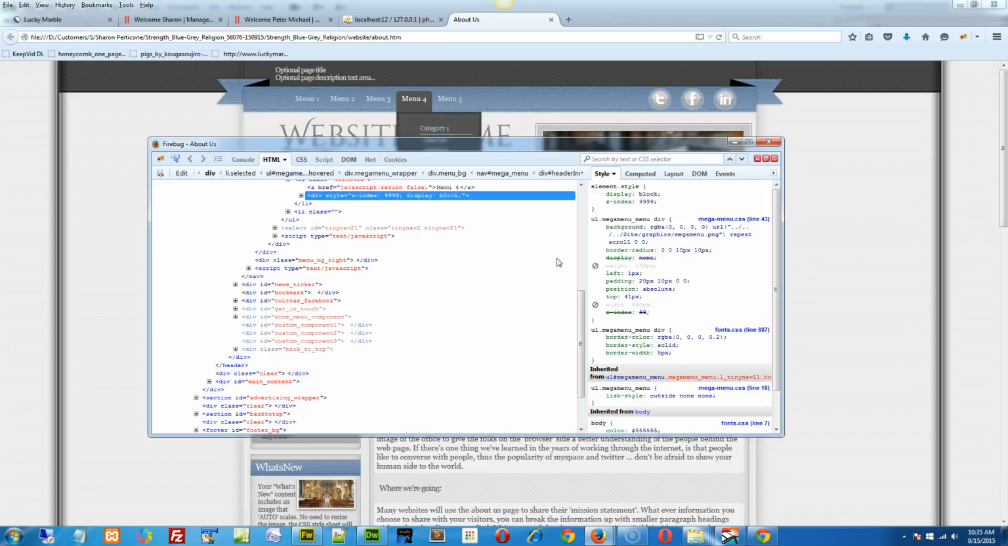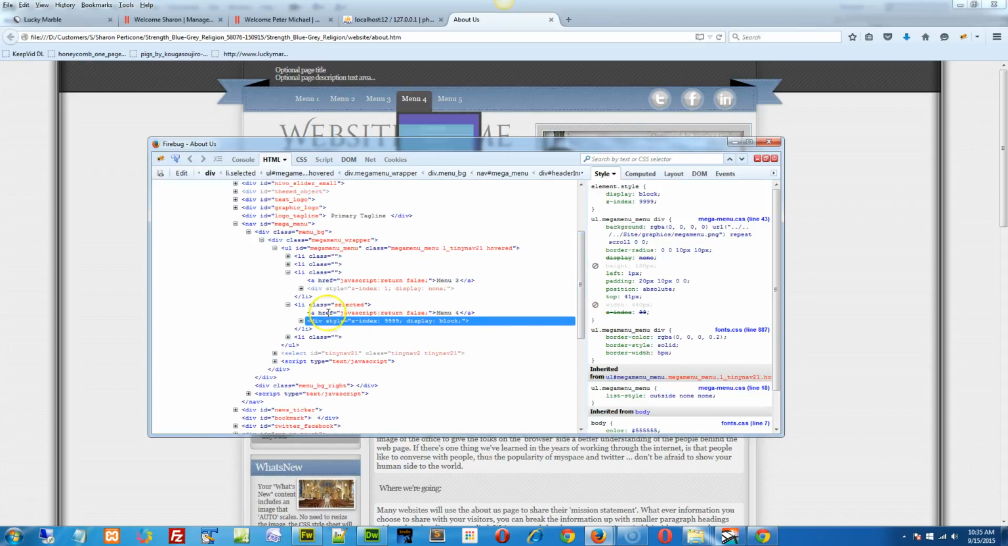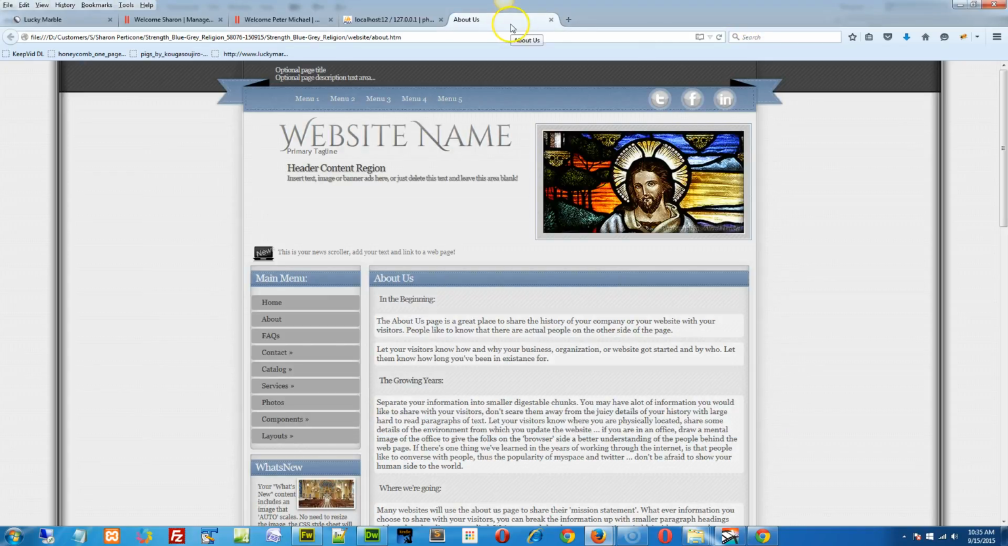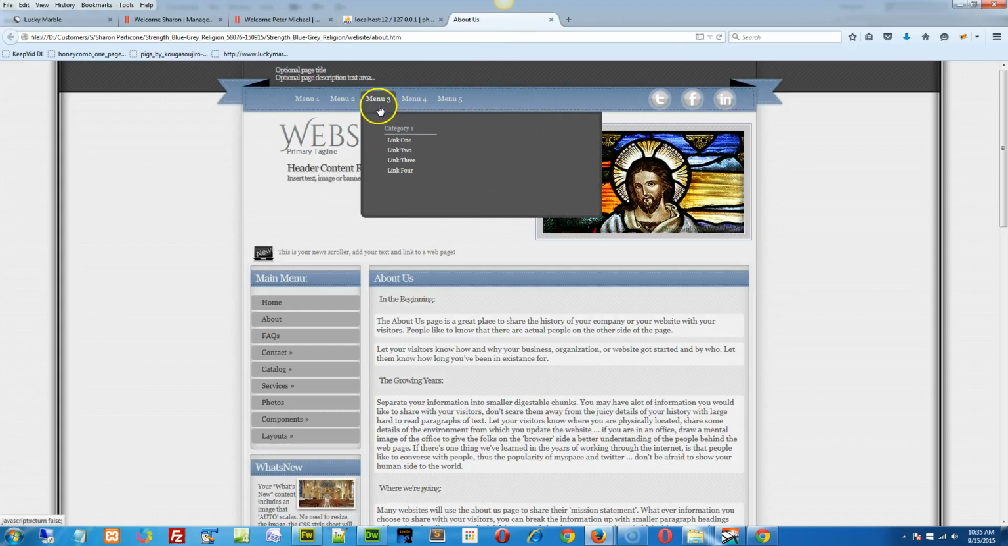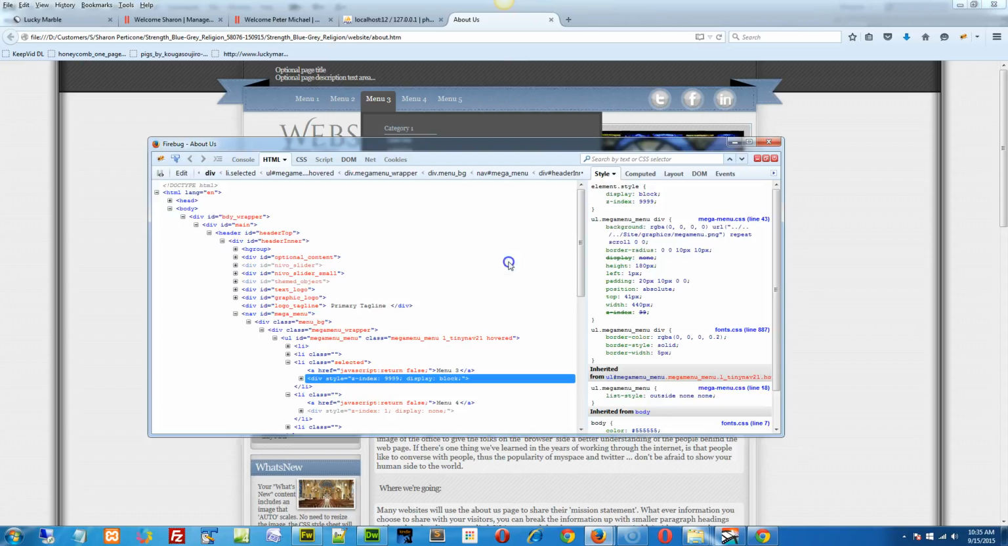I have in Firebug here, I've just made a couple of changes. This is Firebug for Firefox. So the height of the box here, it's a little bit tall. If I inspect this element, it tells me that in the megamenu.css, there's a width of 440 and a